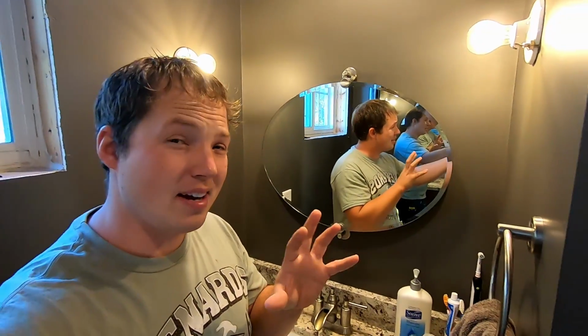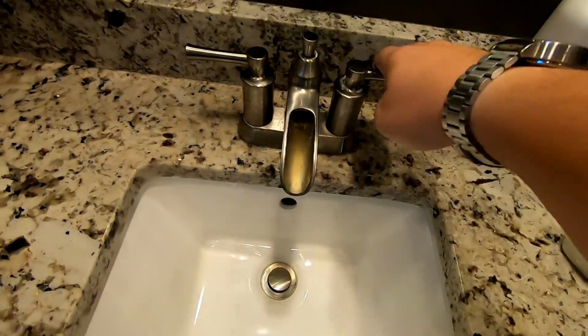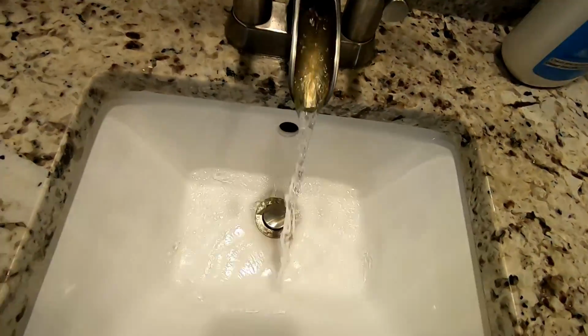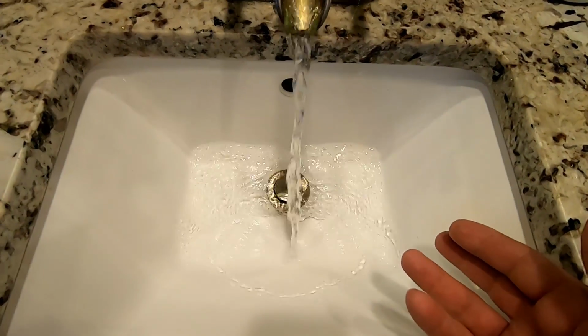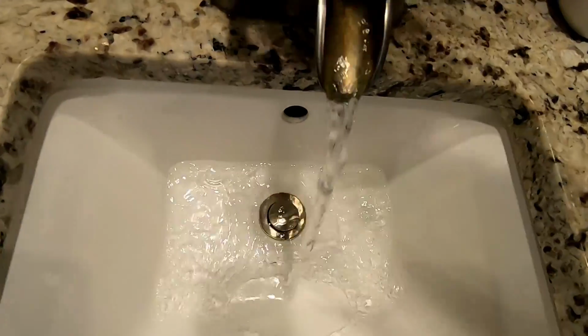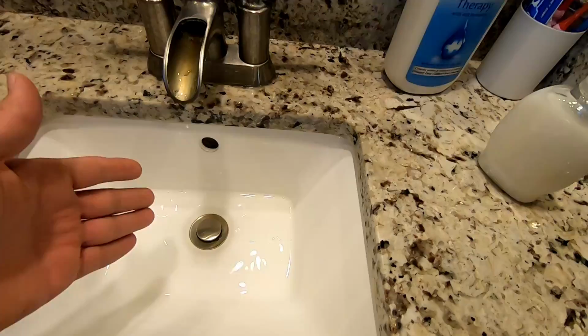So today we're going to be conquering a very simple but very common problem. It's the situation where you've been using your sink and eventually it gets to the point where, after running water for a few seconds, it begins to back up. Okay, so we have some kind of a blockage in the drain, but the majority of the time it is